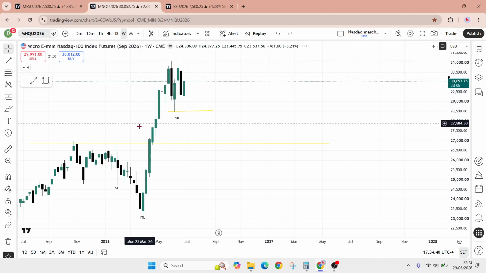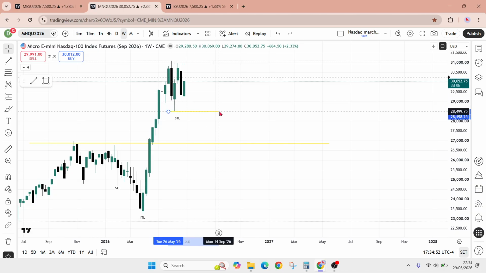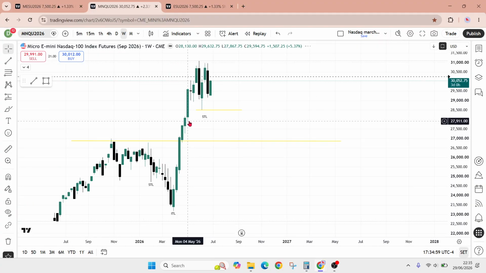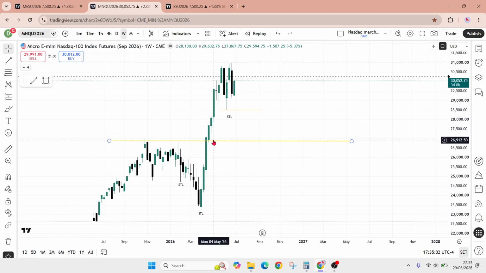Monthly is bullish, weekly is bullish, but we are very close. There is a possibility that this goes all the way down, and this short-term low in the weekly won't change the market structure, but it will put us in a position where there is a shift in market structure in the weekly, meaning that price might drop all the way to this swing high as a support or even lower. Now, we are not there. It might not even happen, but that's to keep in mind. That is a long-term view.